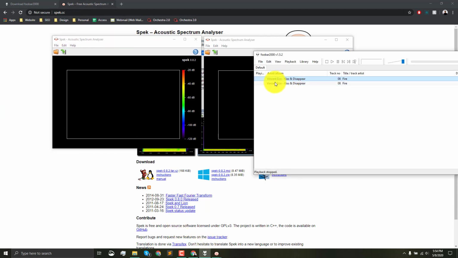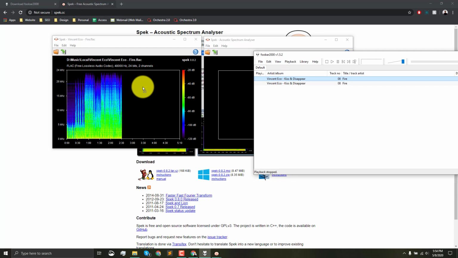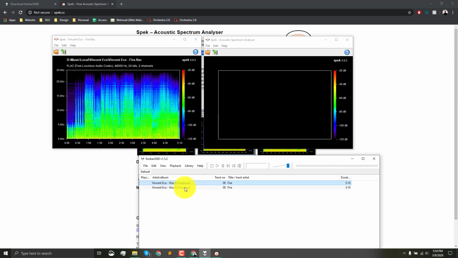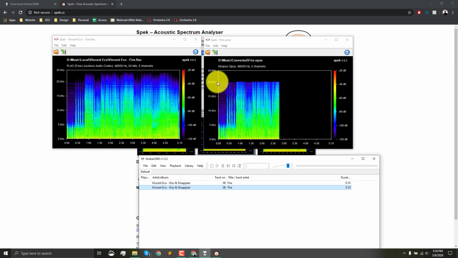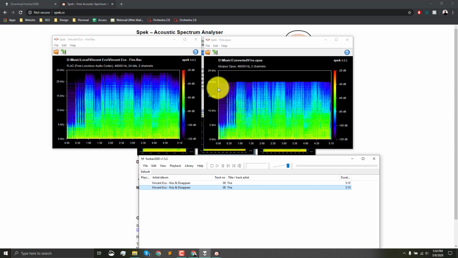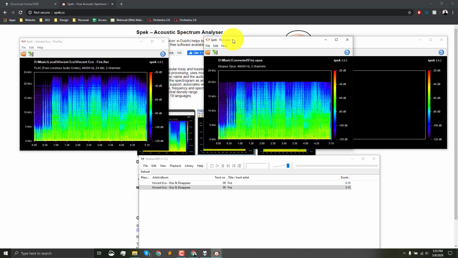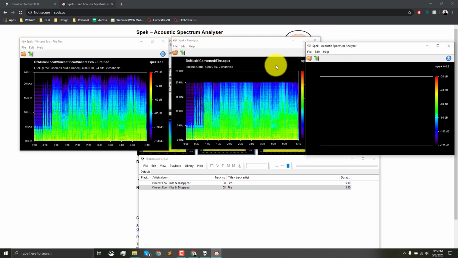So here's the FLAC file. Let's drag it here, and as you can see, it's 24 kilohertz. It reaches above 20k, while this Opus is a lossy file. It would crop at 20 kilohertz. And let's open another one and compare the input MP3. So here I've already downloaded